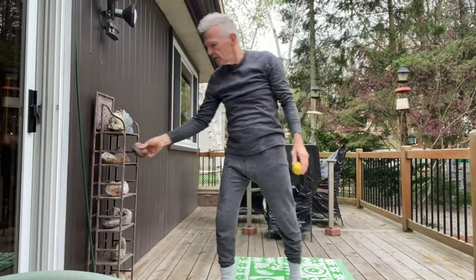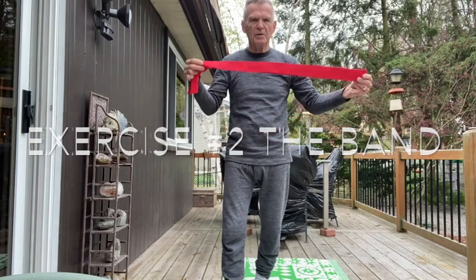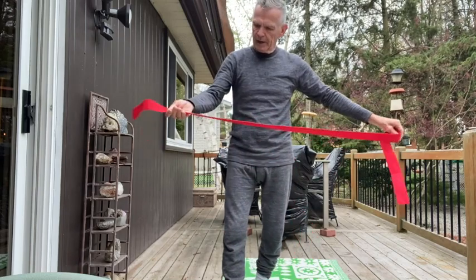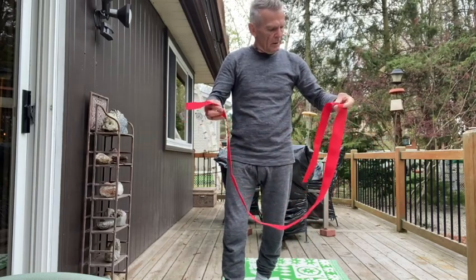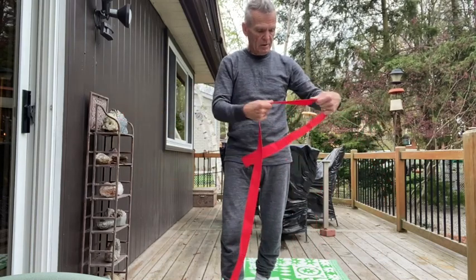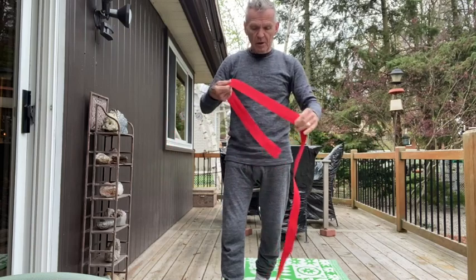Good work. Lemons. Another one of my favorite exercises is working with this band. Where did I get it? You can get it almost anywhere. Walmart has it. The Home Depot has it. Maybe you can even get one